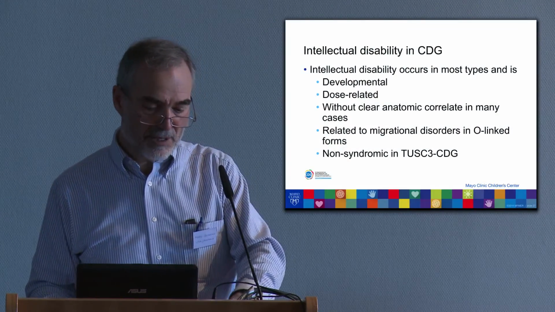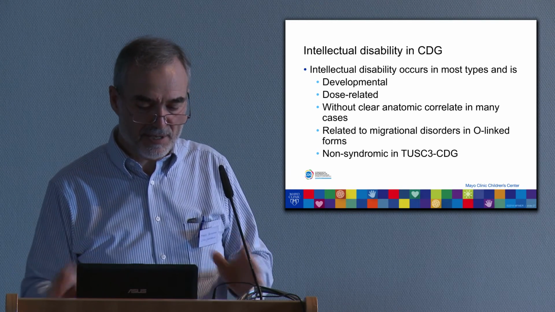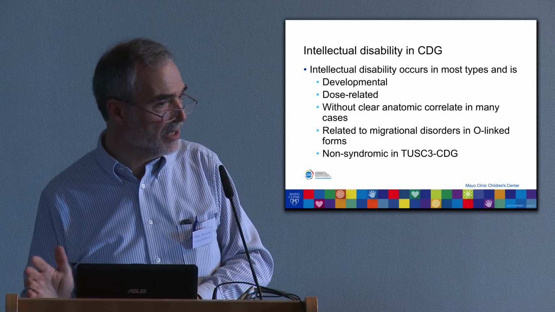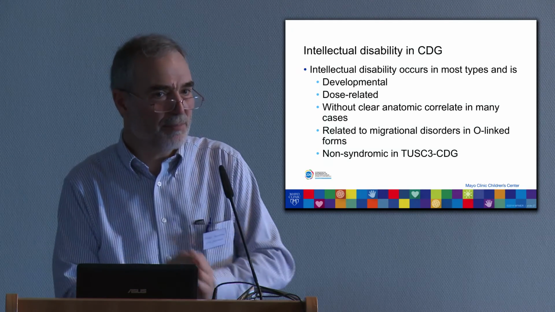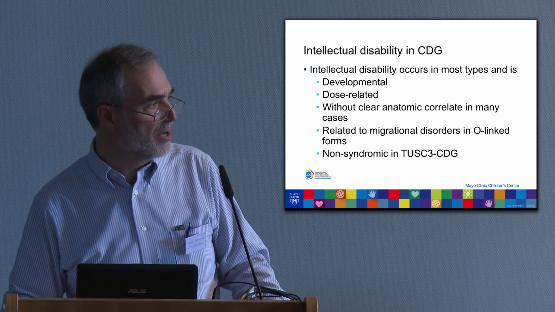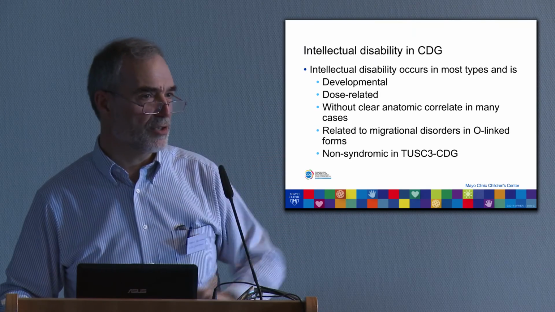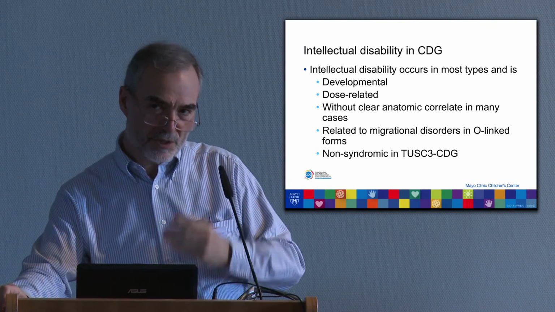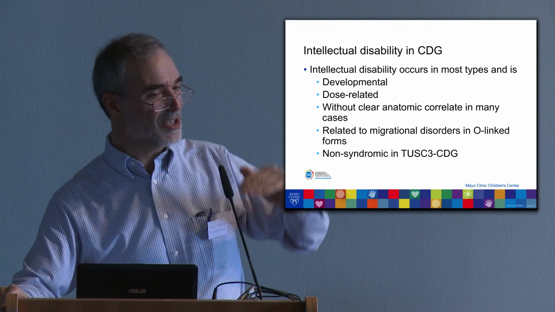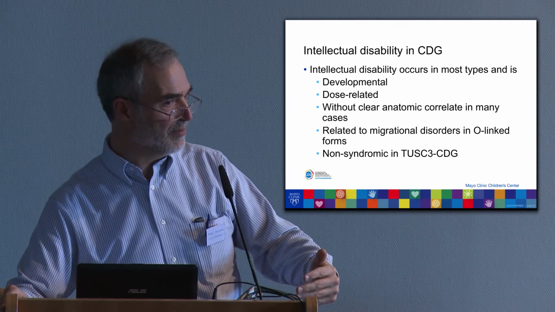So, having given you all of that information, what does it mean for CDG? Well, I think the important thing is that intellectual disability, as you know, is common in CDG, but it's not universal. And even within a particular subtype of CDG, as you've heard, it's not universal. So we know that this is a result of developmental expression of these diseases. There must be a dosage effect. And in general, with disorders such as the CDGs that result from deficiencies of enzymes, as a general rule, the more enzyme activity you have, the less severely affected you are.